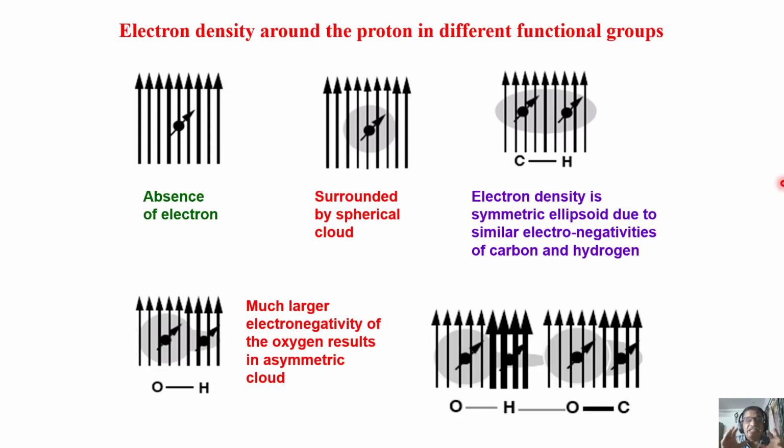As a consequence, in such groups, the charge density is not always spherical. Now, look at this CH bond. The charge distribution in this case is spherical, but the gray colored drawing you are seeing is elliptical in shape, because at the site of the carbon nucleus you have to see the total charge distribution. If you look at this entire CH bond, it looks like an ellipsoid, a symmetric ellipsoid. Okay, that is one thing.